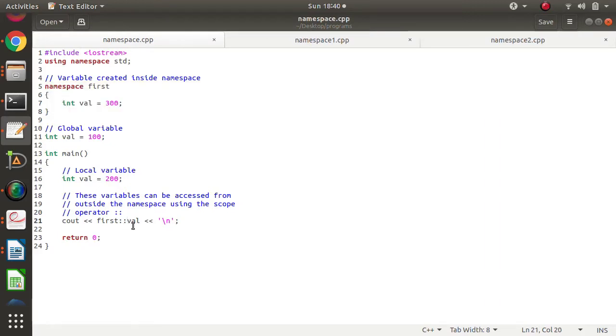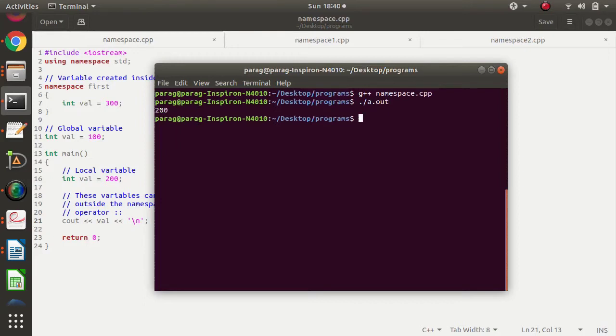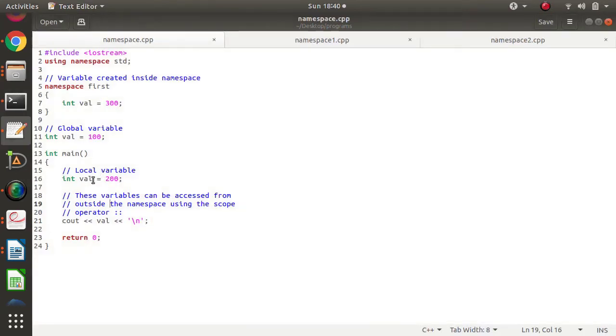So see here, we'll run this program. Normally when we write this and compile this program, here you can see we got output 200.